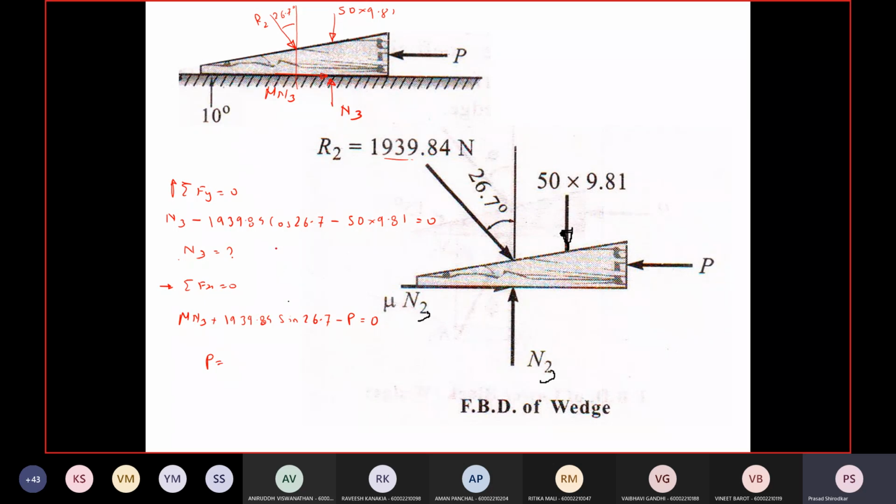Tell me the value of N3 and then tell me the value of P also. Yes? 3.49. Rounded up to 3.5. And P is